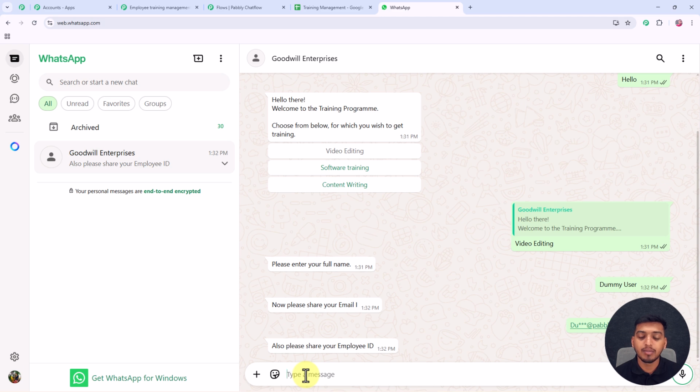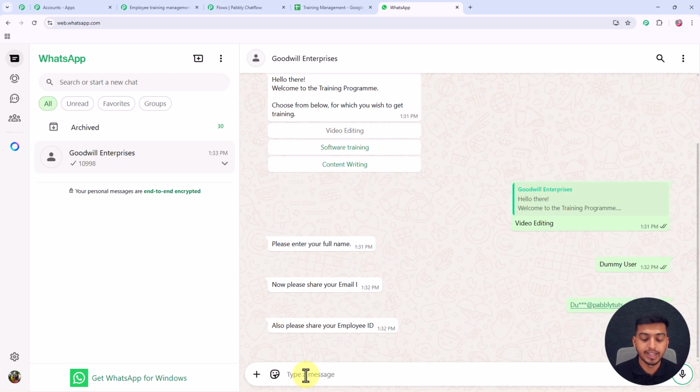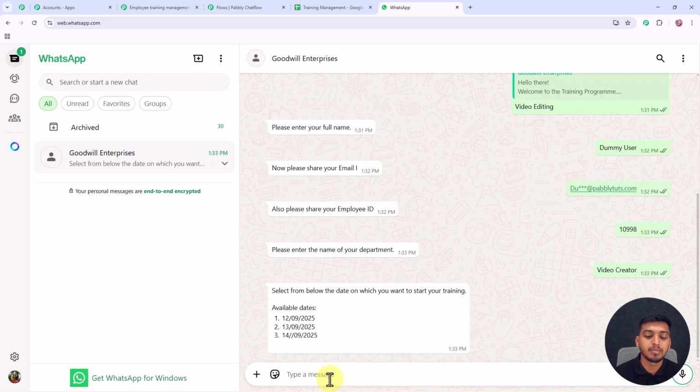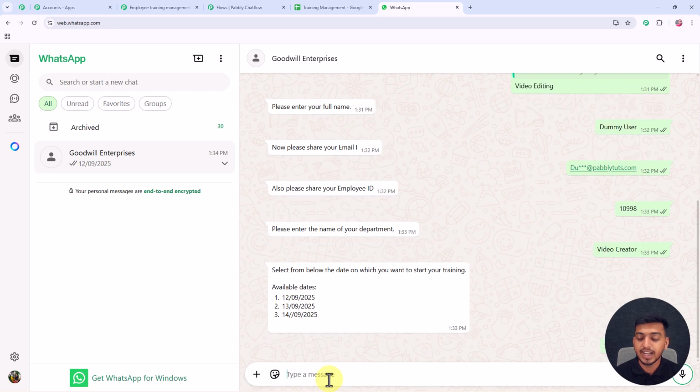So for my email ID I will enter this particular email, and after that now I have to enter my employee ID. So for my employee ID I will enter this, and after that I have to answer the name of my department. So for the name I will enter video creator as the name of my department, and after that you can see I have received this message in which I have to select the date from which I can start my training. So I will select this particular date, 12th September 2025, as the date from which I want to start my training,